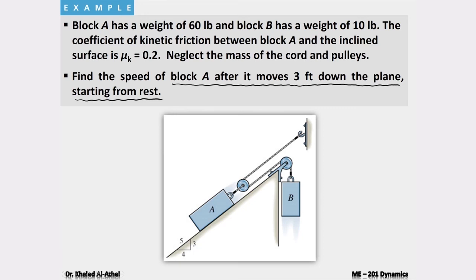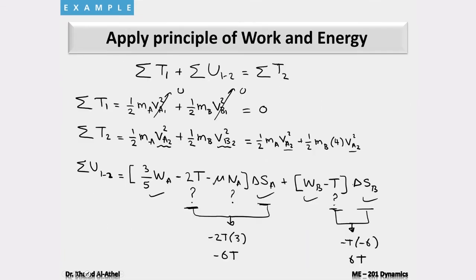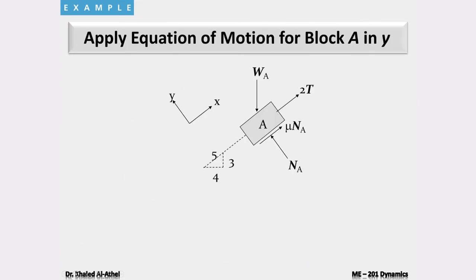Go back to the problem just to read it. As it says here, you need to find the speed of block A after it moves 3 feet down the plane. So everything is ready now. I'm going to write a final thing, which is to find the value of NA. This is the free body diagram for block A. I need to find NA. So I'm going to take summation of forces in the Y direction. So this is Y. I'm going to take this as positive. Summation of forces in Y should equal MA